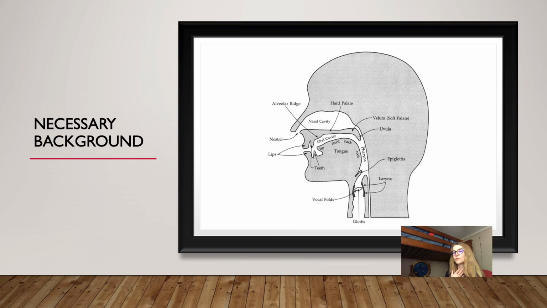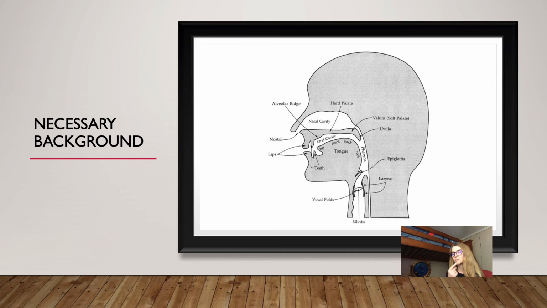If I don't voice my vocal cords, I just get a p sound. If my vocal cords begin to vibrate, then there's the onset of voicing. Pa. So there's that voicing. The time delay between when I release my lips and the vocal cords begin to vibrate, that's called the voice